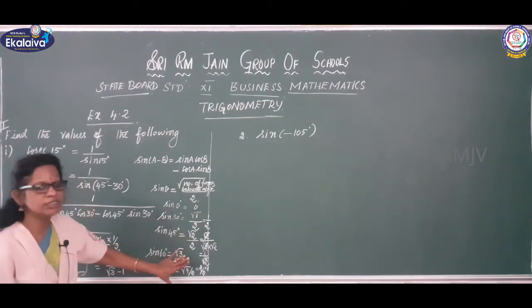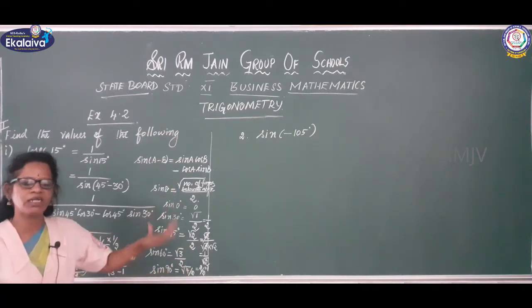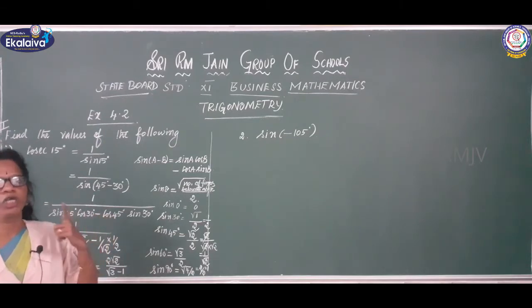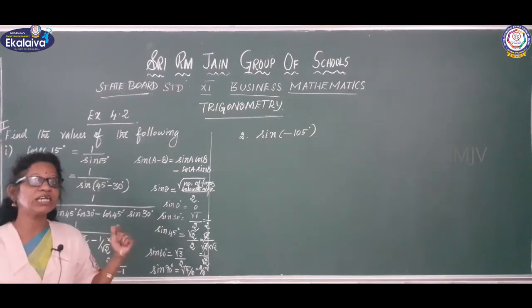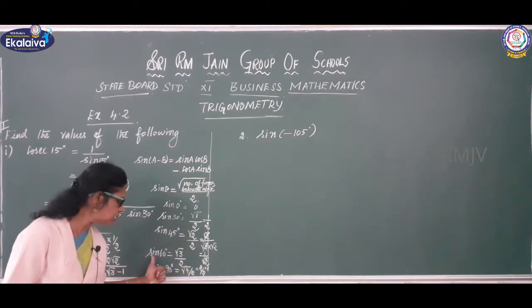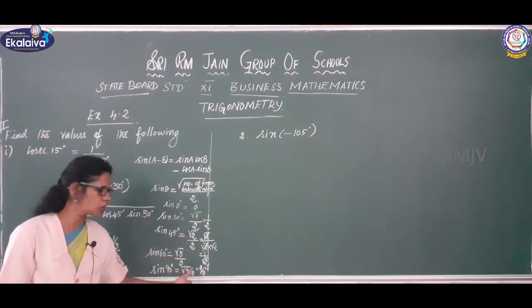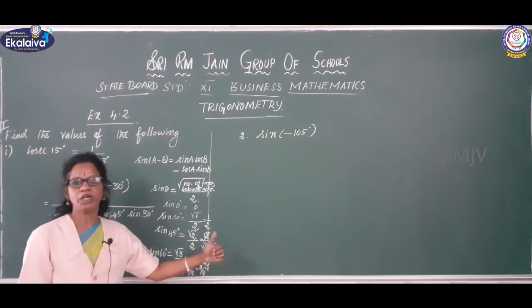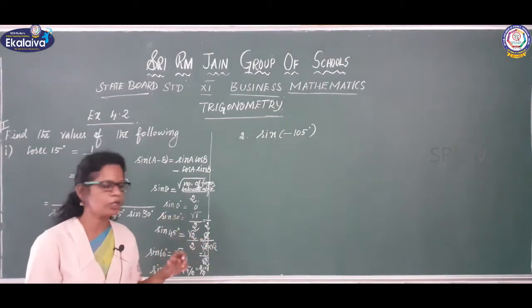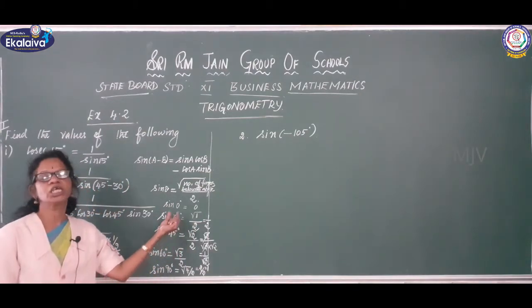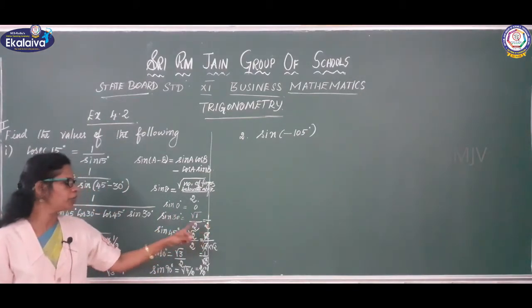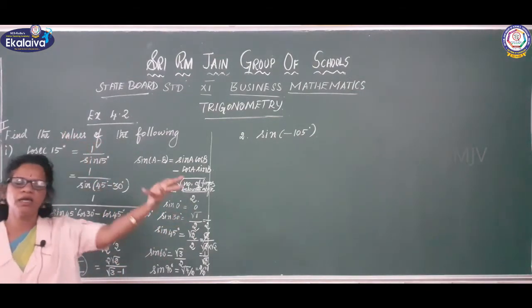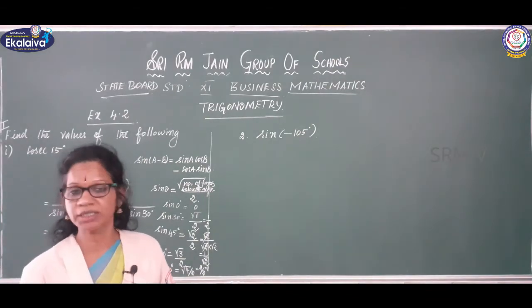Once you know this, the rest of the things you can write easily. Cos means you should write it in reverse. Cos 0 is 1. Cos 30 degree, reverse I said. Cos 30 is equivalent to sin 60, so root 3 by 2. Sin 45 degree and cos 45 degree are equal, that is 1 by root 2. Sin 30 is equivalent to cos 60, 1 by 2. Sin 0, 0. Cos 90, 0. You write it in reverse order, I said.